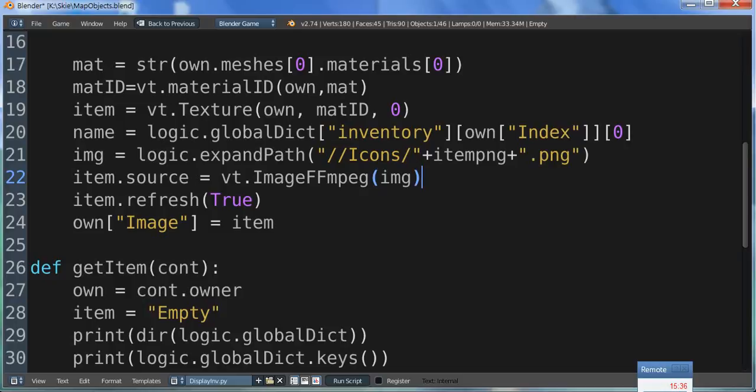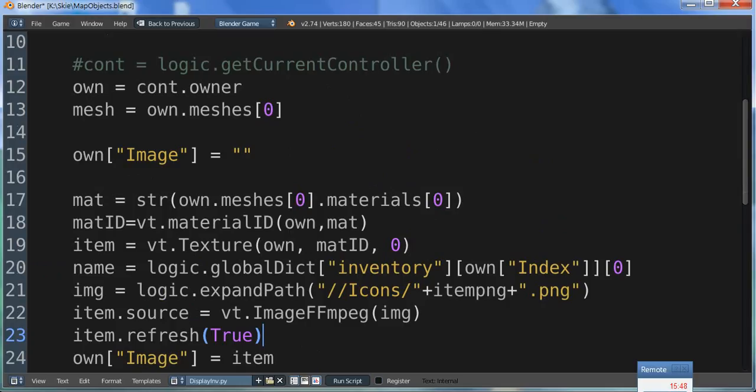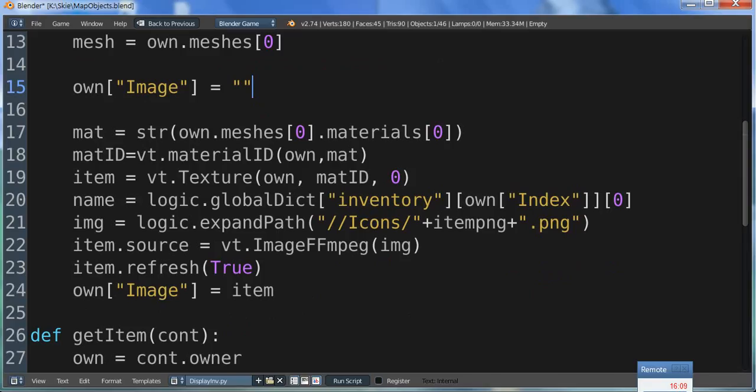item.refresh true. This refreshes the texture so that it shows up. Now, something to note. If you don't have a property on an object, you can assign the property to the object using a line like that. own, open brace, image in quotes, closed brace, equals nothing. This creates a string property on the object from the start,